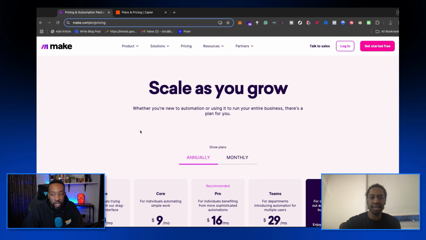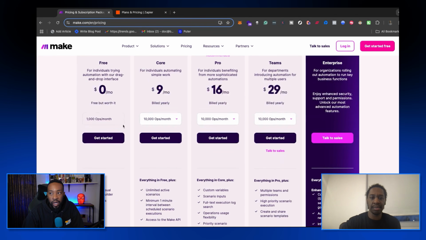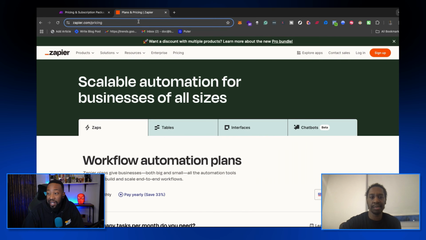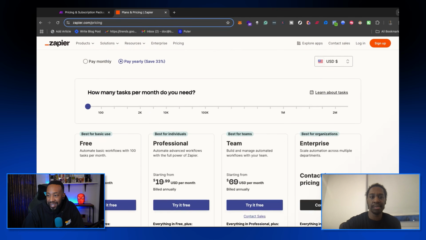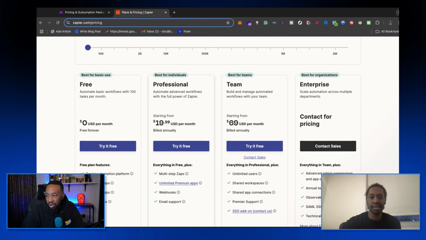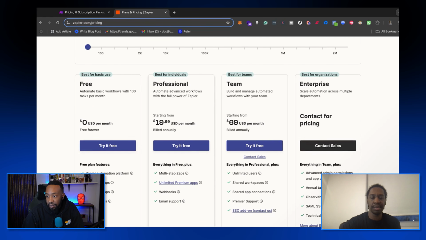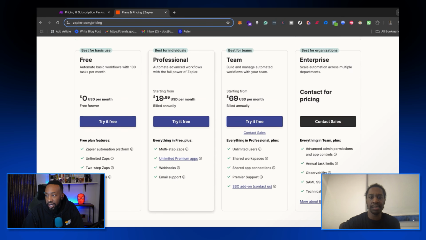Especially like you mentioned, what platform is generous, what can you do? I would always look at the different things. So Make is 1,000 operations per month, 10,000 for $9. If we're looking at Zaps, we're looking at unlimited Zaps, two-step Zaps. So they've changed their pricing a little bit, their structure. They've changed it probably within maybe a year or two. It looks like they're trying to be a lot more competitive